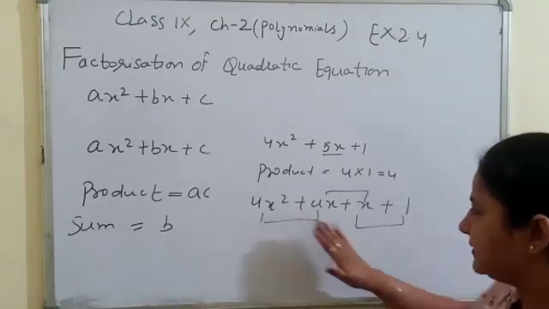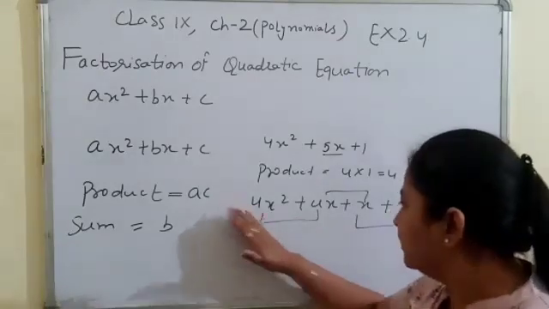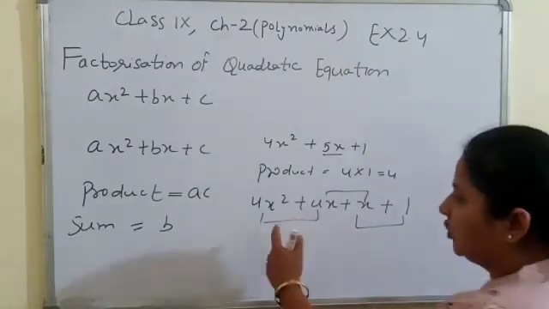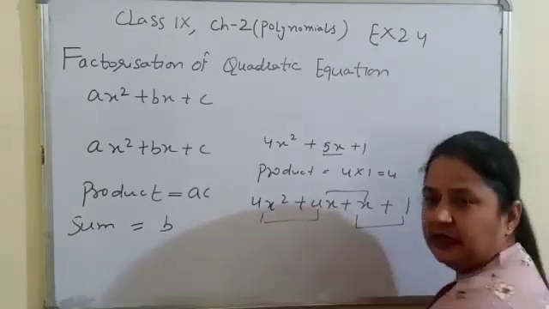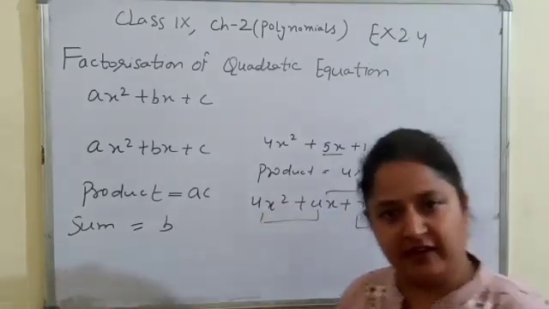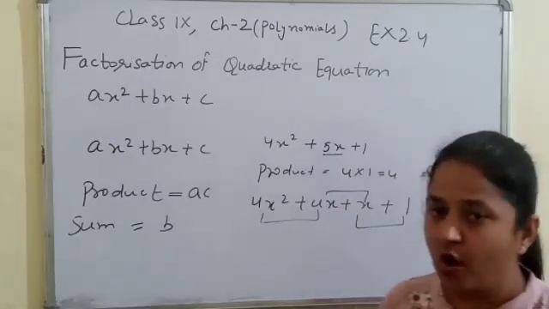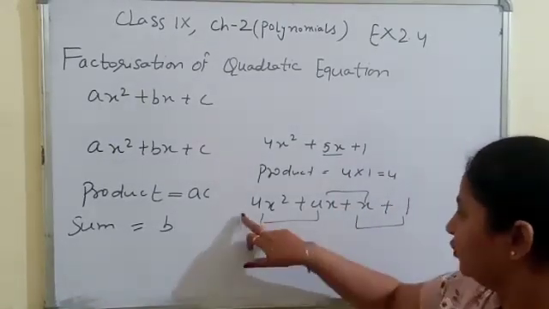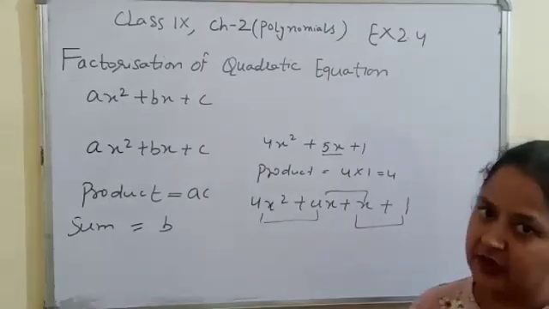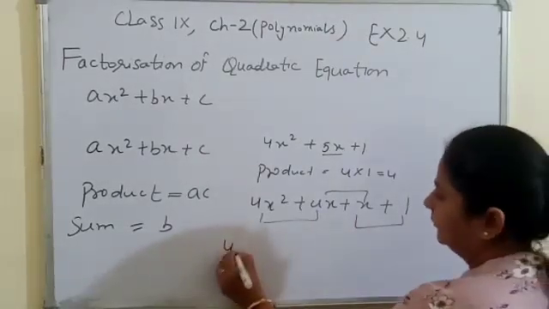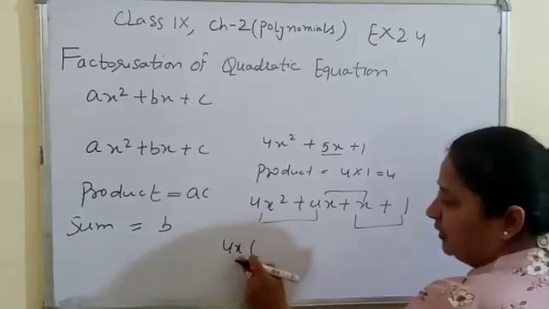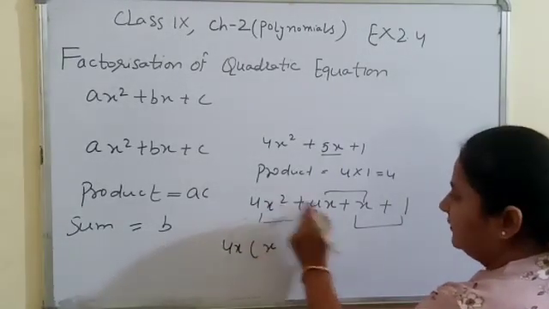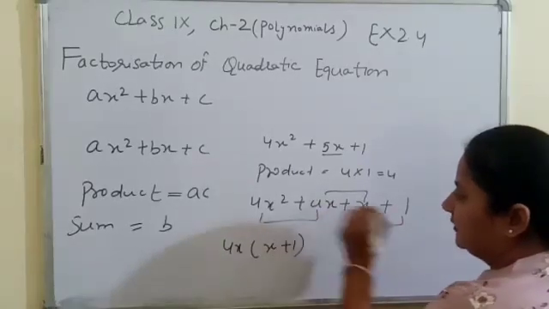So in the first and second term, check which variables we can take common. Here you have 4x square, and in the second term 4x. In class 8 factorization you have already done this. You know how we can take the common values outside the expression. So in 4x square plus 4x, we can take 4x common here. From 4x square, x is left, as we have already taken 4x outside. So what is left? This is x, 4x is common, so 1 is left here.